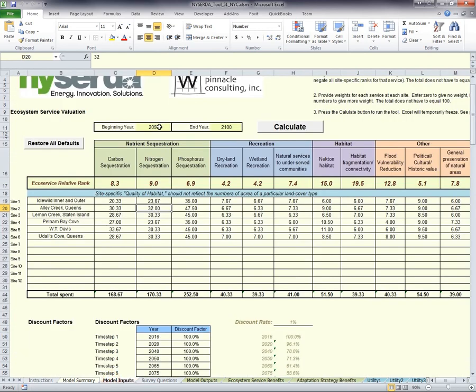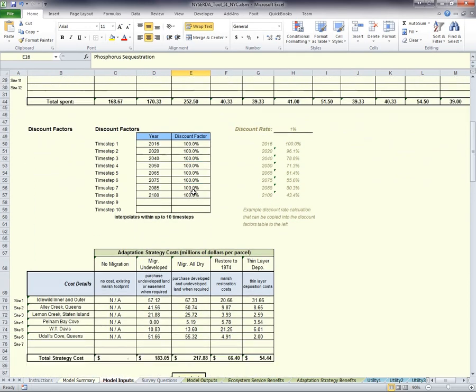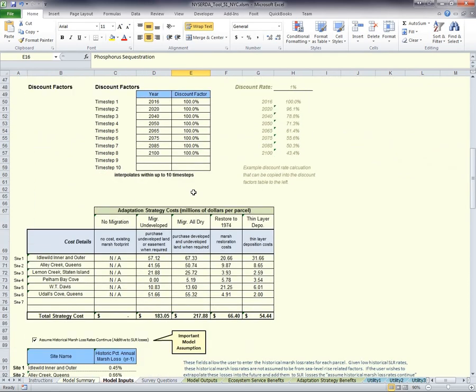I'll go back to model inputs, set this back to 2016. And then it suggests that costs should be edited. What if we have updated cost information? How would we do that? The scenario put in place here is that restoration in 1974 is too high by a factor of 2 for various reasons. And so what I'm going to do is replace these with half the cost. The easiest way to do that is for me to